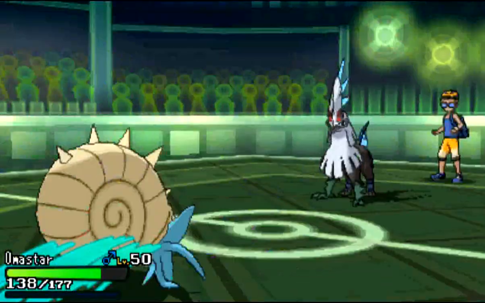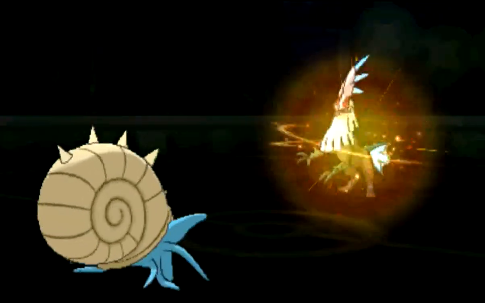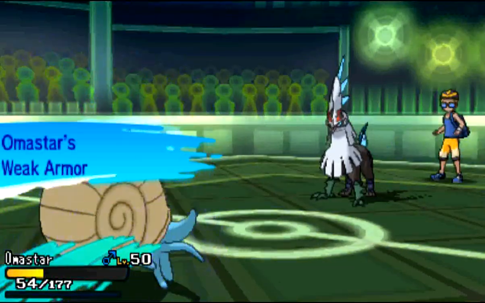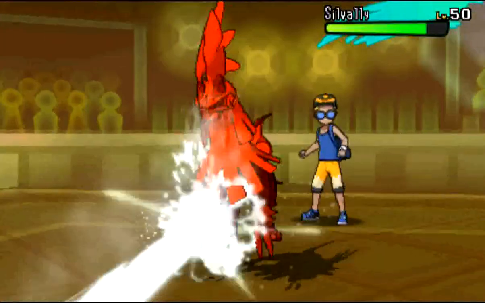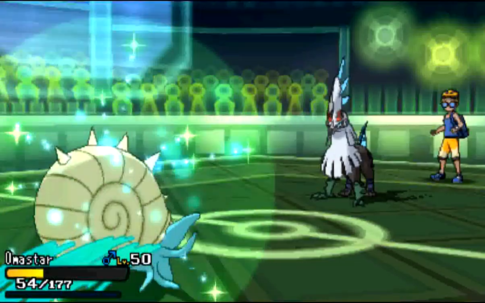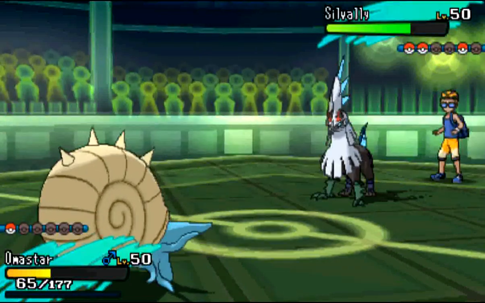My Omastar can do some things, but the only attacking move is Scald, which it resists. So I do end up living one of these multi-attacks, which is actually kind of impressive if you consider the fact that it has a Swords Dance on it. But yeah, I'm not going to be able to burn. I don't think if I burned it would have mattered, so... Good game there, and today's question of the day is...